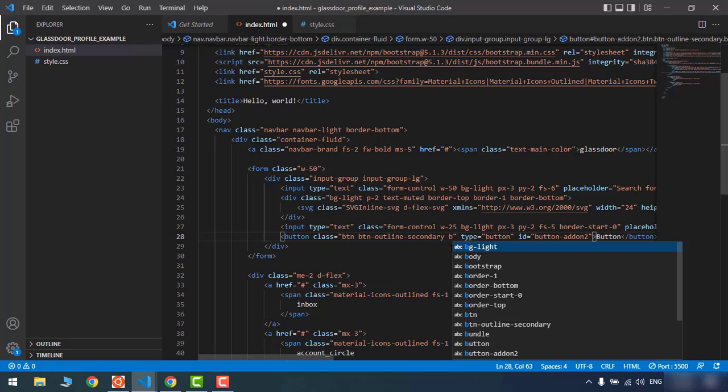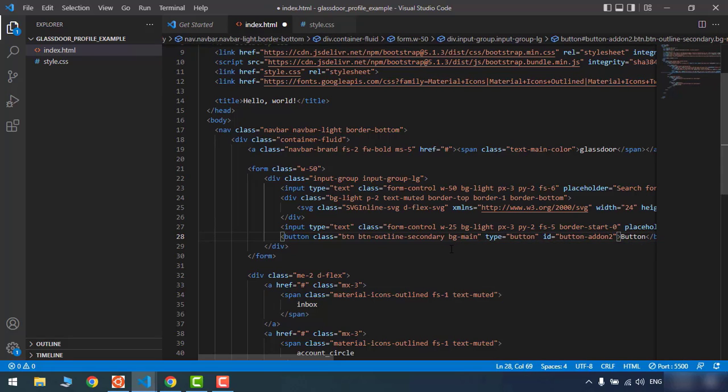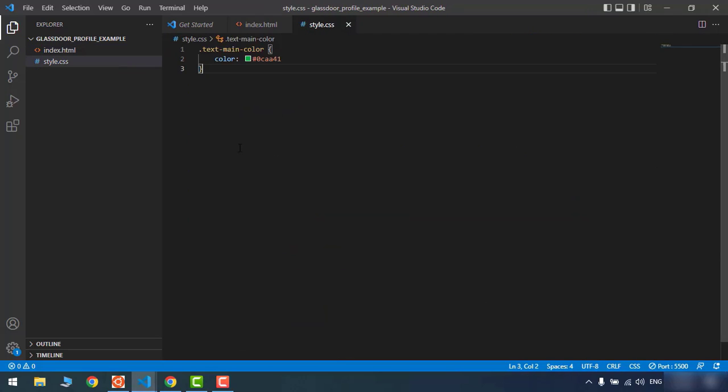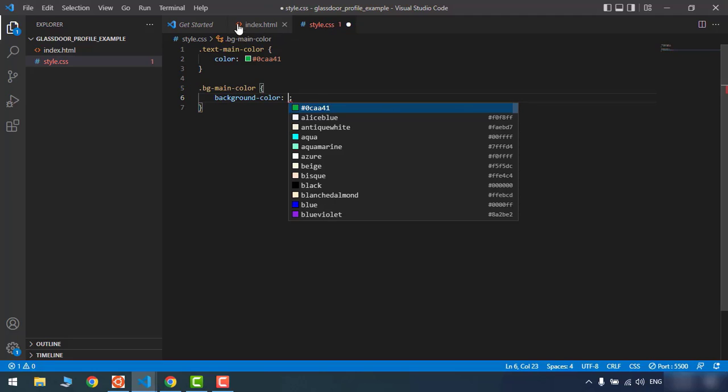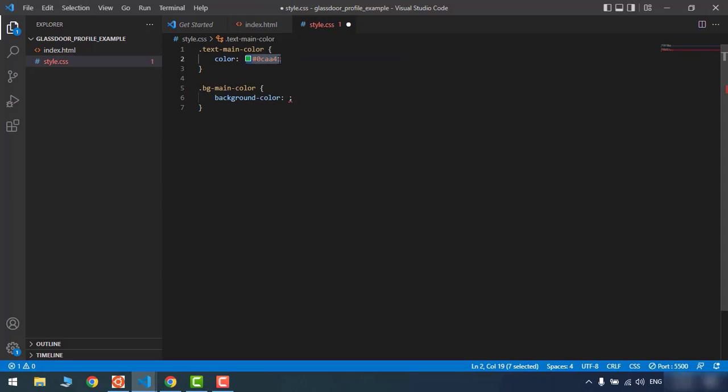So for example, BG main color, and copy this, paste it here, and say that background color should be like this. Okay,